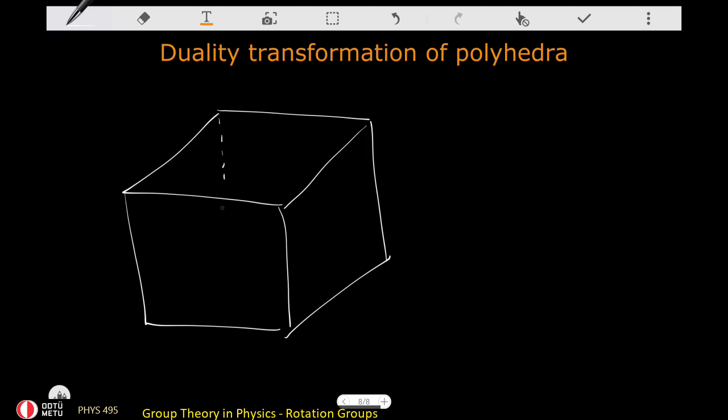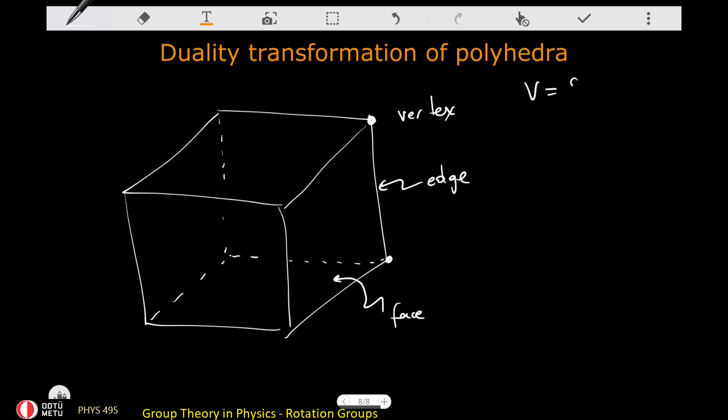So, of course, to describe a polyhedron, we have these special objects. We have these corners in here, which we call vertices, vertex. We have edges in here that connect 2 vertices, and then we have faces. So the number of vertices, for example, for a cube is 8. The number of edges is equal to, I need to count this, 12. And the number of faces is equal to